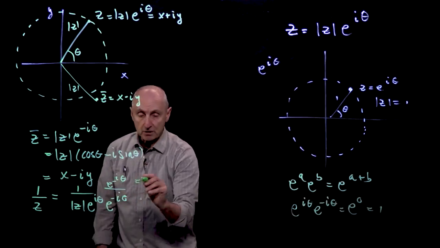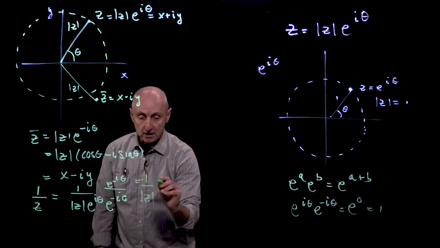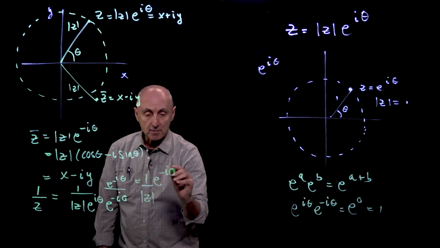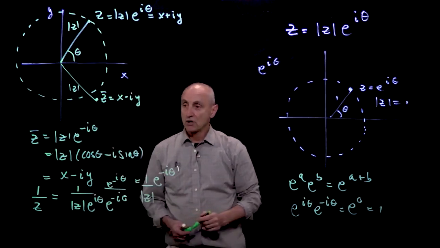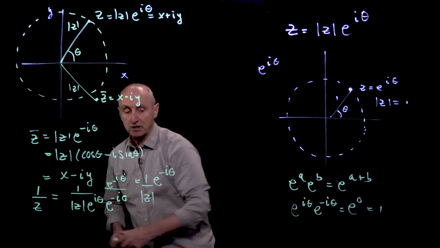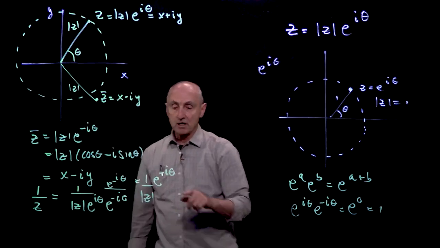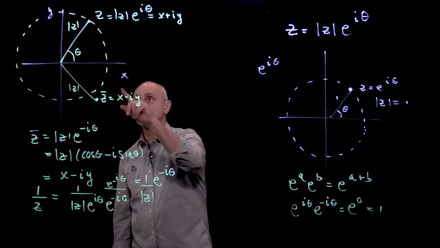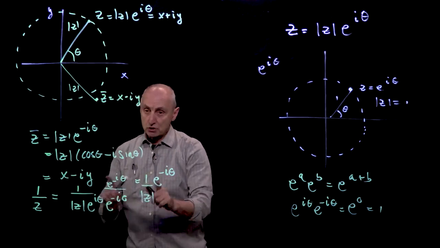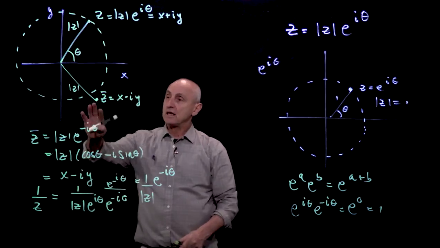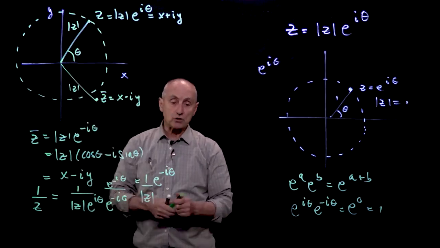Then the denominator just becomes the modulus of z, and the numerator is e to the minus i theta. So our inverse of a complex number does two things. The phase goes from a positive theta to a negative theta,